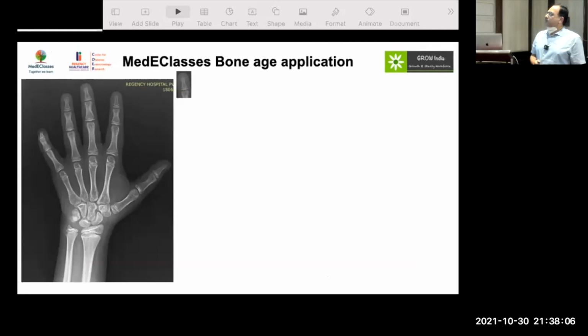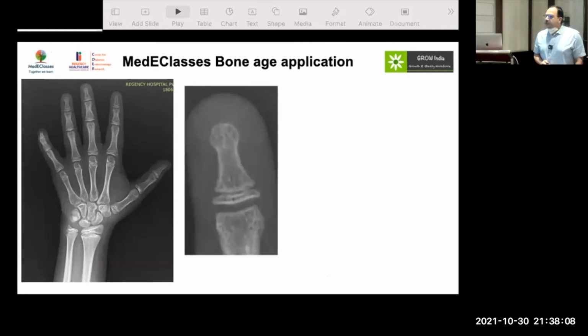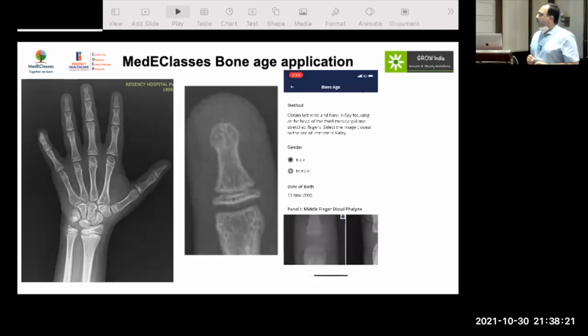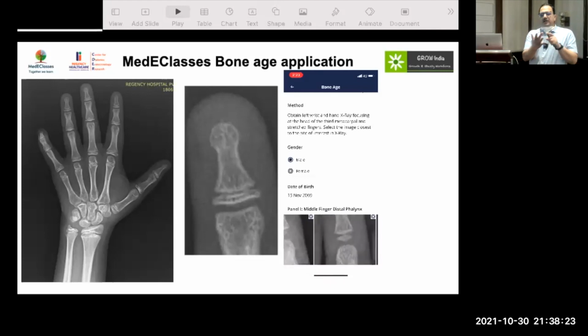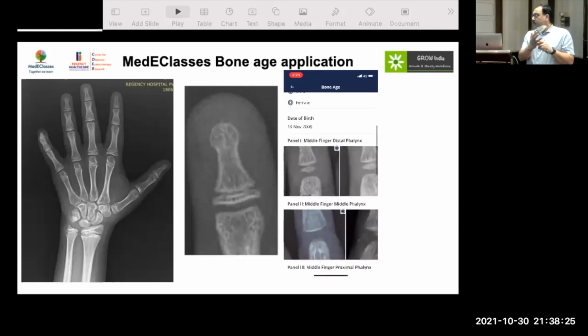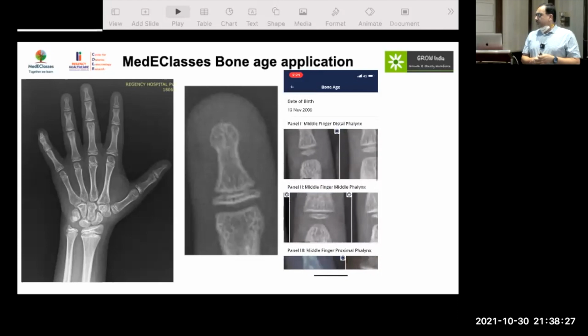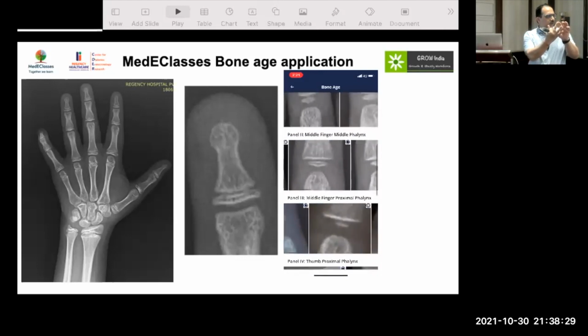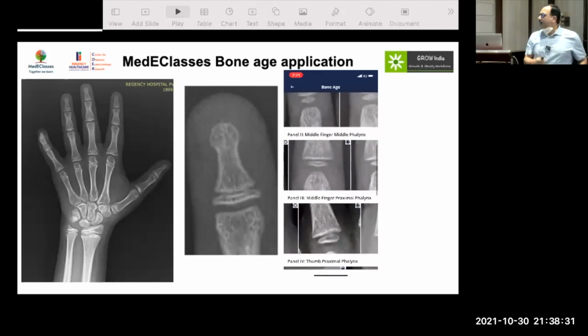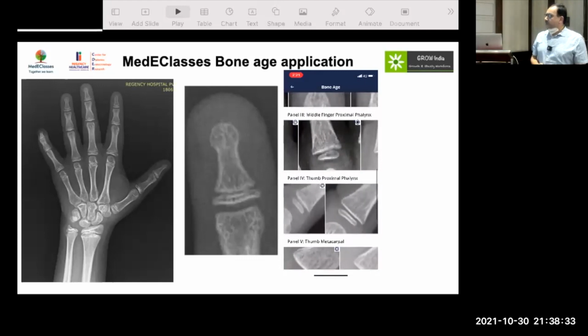All you have to do is to compare a region of interest. There are 5 areas that you have to focus on only. Original methods talk about 13 or 20 areas. We have cut down to 5 areas based upon regression analysis. And what we have shown is that if you compare that, so this is basically the middle finger, the proximal finger, middle phalanx. So there are 3 fingers out here which you will compare: radius, ulna, and thumb. These are the comparisons which you do.